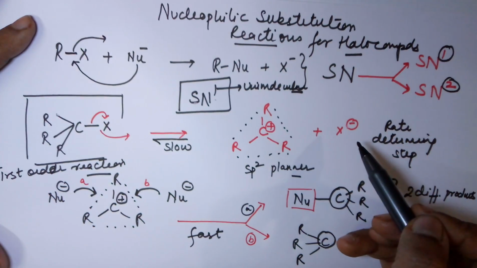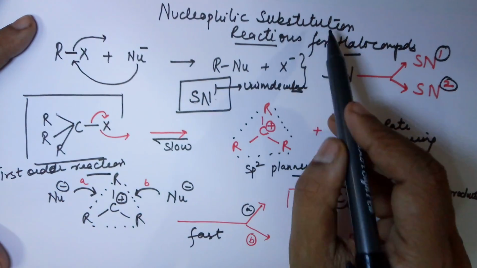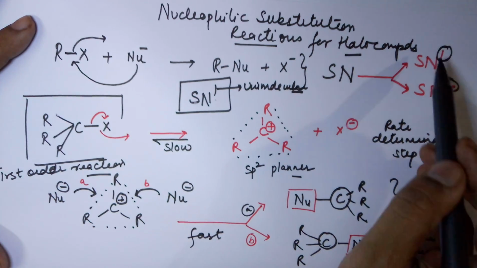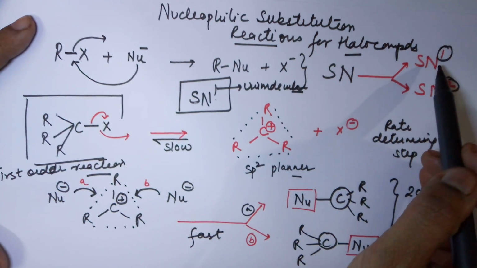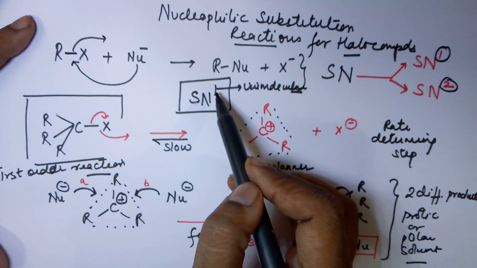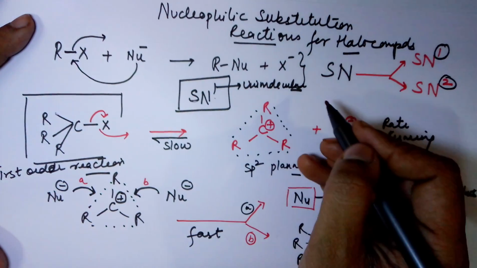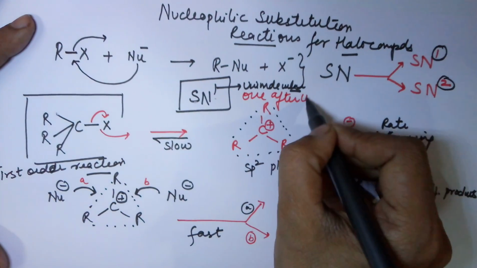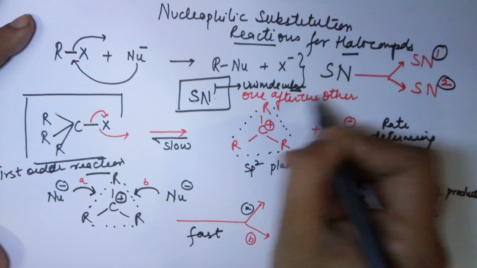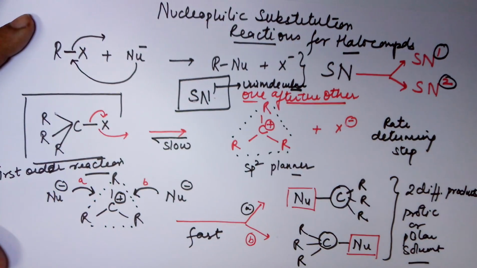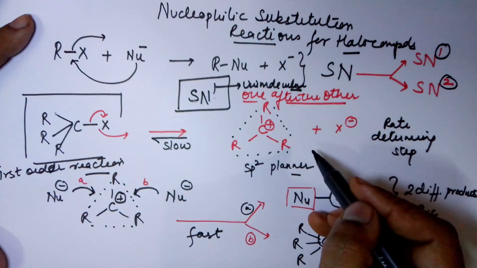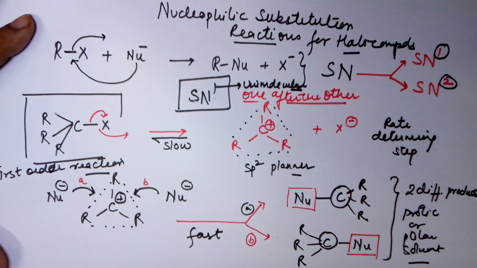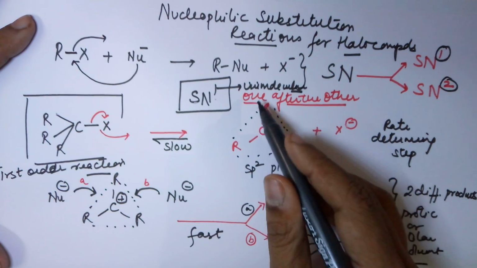I'll just give a quick recap. SN reactions are nucleophilic substitution reactions, classified as SN1 and SN2. Presently I am doing the SN1 mechanism in detail. For SN1, the key word that I would advise you to learn is one after the other. If it happens one after the other, then it is quite clear it will take place in two steps. The first step is the slow step, hence your rate determining step, where you have a carbocation formed, which is